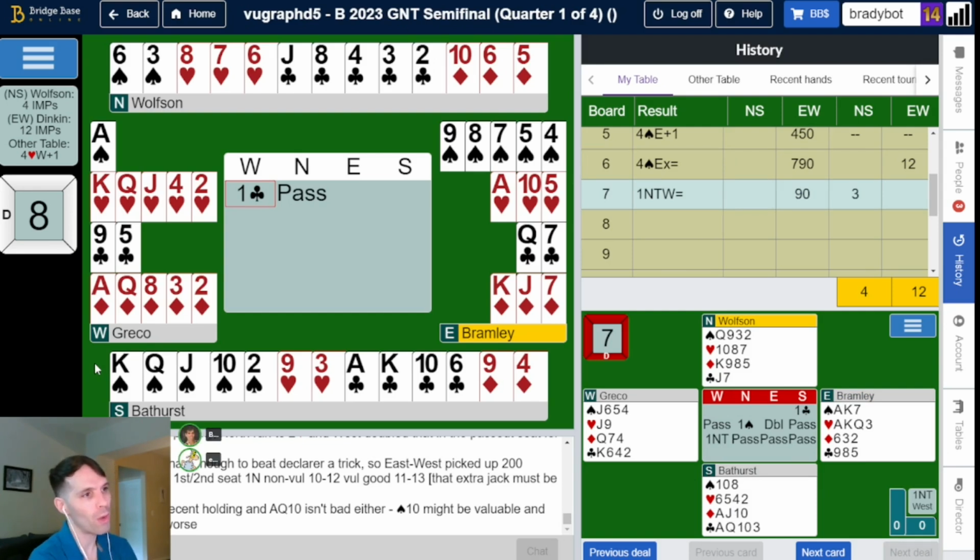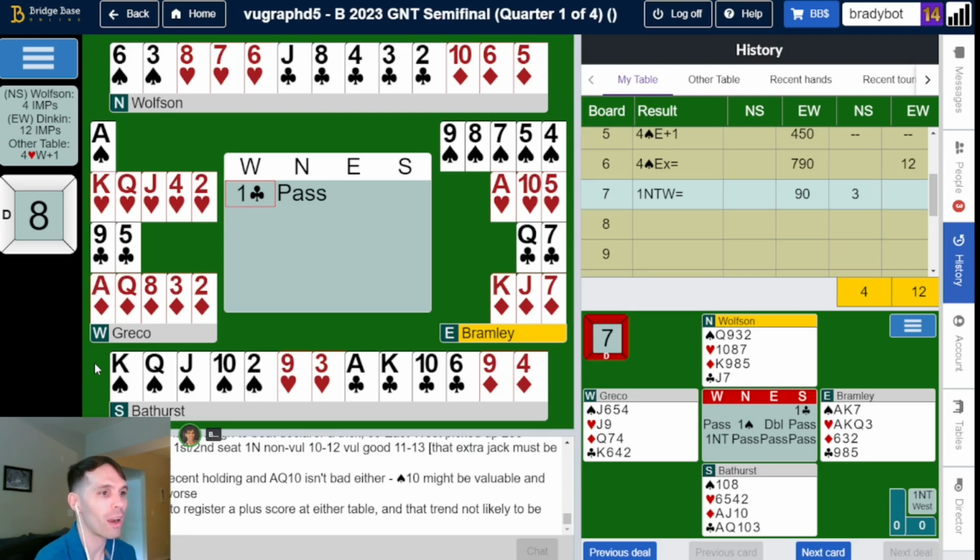Precision 1 club from West. I believe Bramley also plays precision with Kit Woolsey. I'm not sure if they're still playing together, but I think they were a precision pair. Okay, so let's see the fun precision system at work. I kind of expect East to bid 1 spade and South to bid 2 spades. No, South obviously will not bid, but...